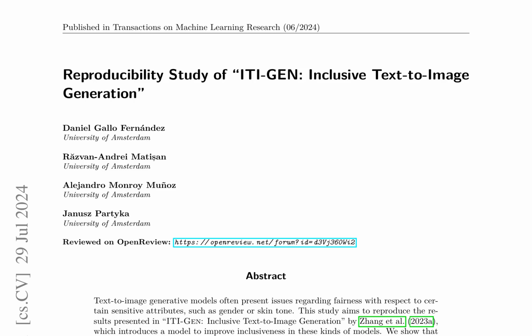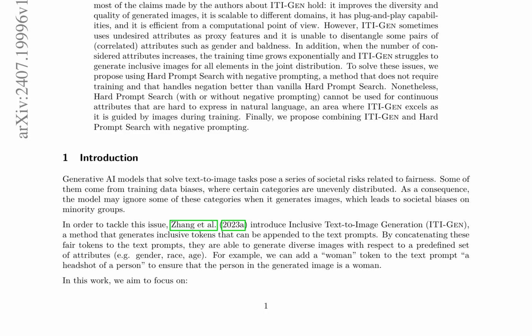The authors claim that ITI-GEN improves the diversity and quality of generated images, is scalable to different domains, has plug-and-play capabilities, and is efficient from a computational point of view. However, ITI-GEN sometimes uses undesired attributes as proxy features and struggles to disentangle some pairs of correlated attributes such as gender and baldness. This study verifies these claims and proposes using hard prompt search with negative prompting to solve these